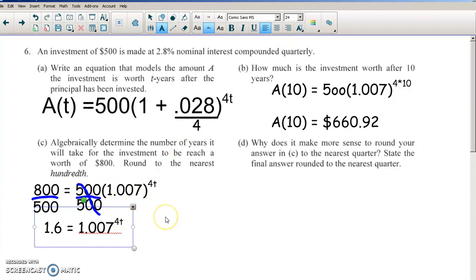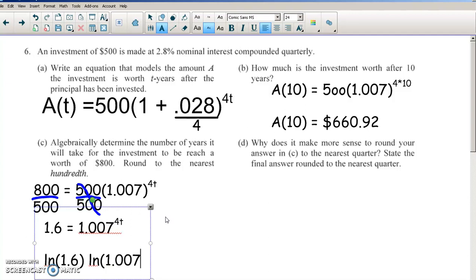I'm going to use a log. Now, I'm going to use a natural log just because the natural log is the one used most often when it comes to percent problems. So if I have natural log of 1.6, and then I put the natural log on my 1.007, which would be raised up to the 4t,